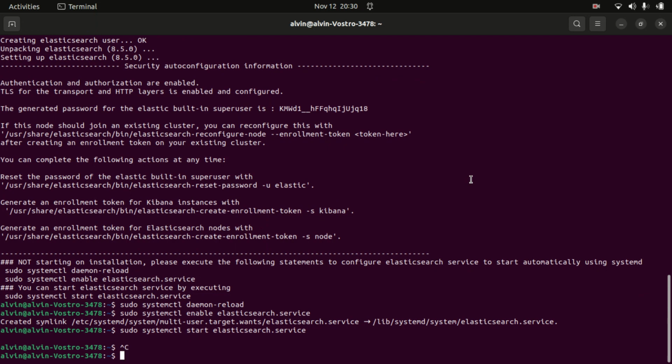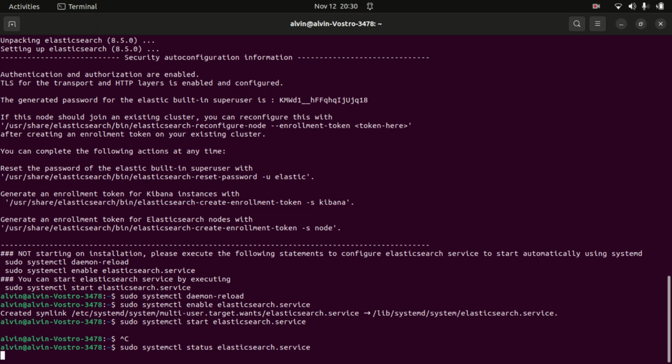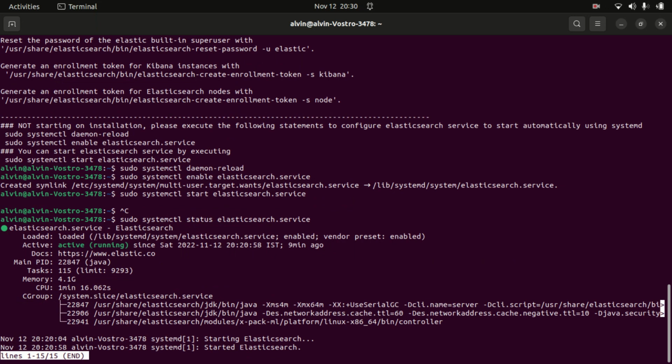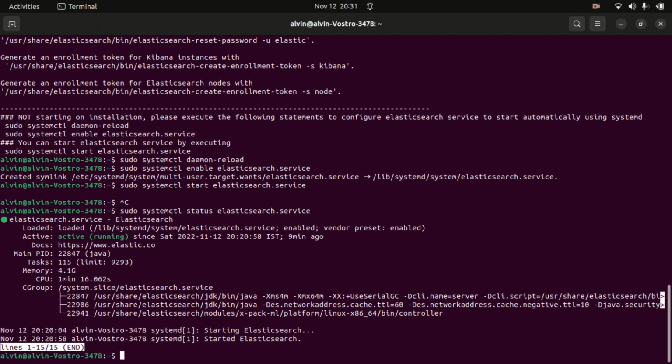So we have successfully installed and started Elasticsearch, but when we ran the last command, that is sudo systemctl start elasticsearch.service, it did not give us any output. Now everybody would be clueless whether Elasticsearch has successfully started or not. So there is a command that we can execute, and it is very similar to the last command that we ran. Just replace the start with status, and you should see what the status of the Elasticsearch service is right now. So it's active, and now we can go ahead and check